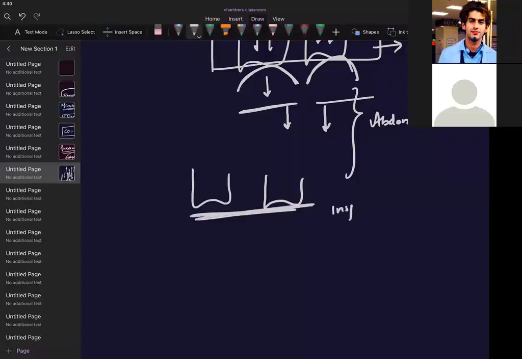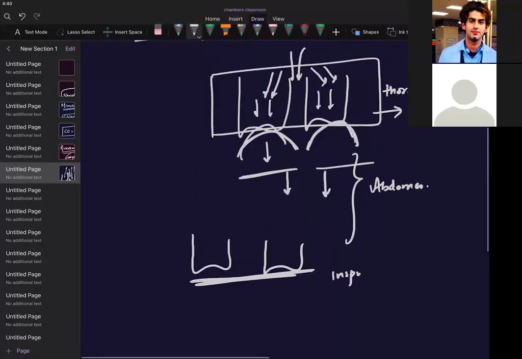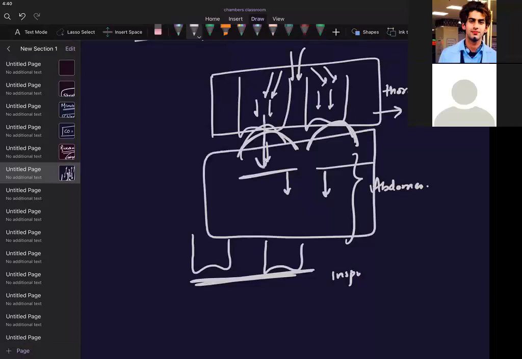Normally, if you are not inspiring, the diaphragm was pushing the lungs up, which means you were creating more space in the abdomen. Now you are pushing the diaphragm down while you are inspiring, like this. I am holding the breath, so I am increasing the intra-abdominal pressure. Whenever I inspire, intra-abdominal pressure increases, because the diaphragm has descended downwards.